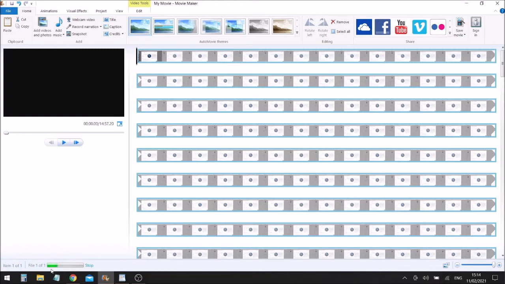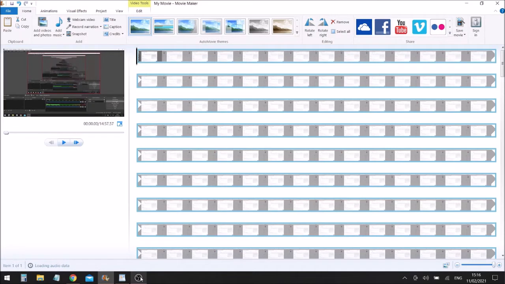So while I'm sitting here waiting, you're not going to see all of this, and I'll be back when it's finished processing. Okay, you can see it's now finished. It's just loading the audio data, which normally doesn't take very long. And we're ready. So just to quickly run through some basics, in this top left hand corner is where you